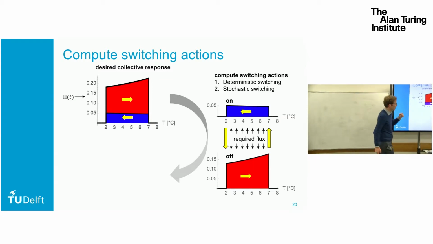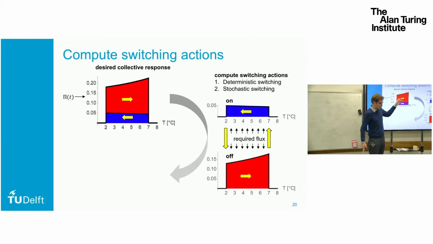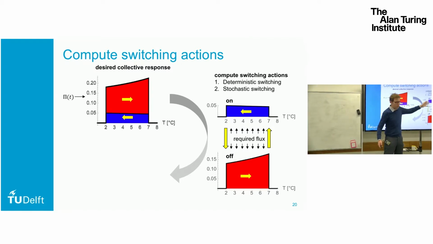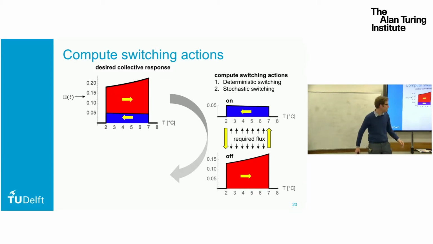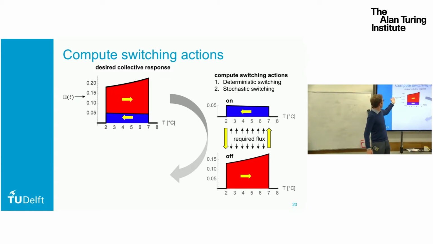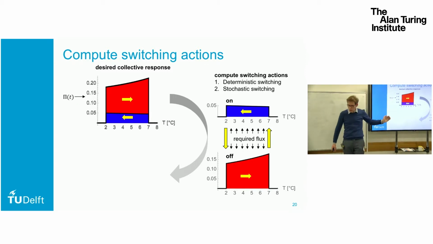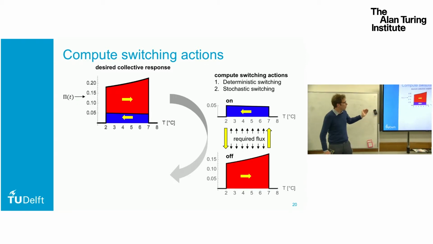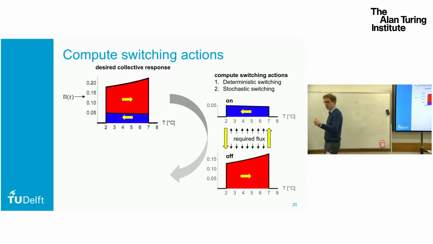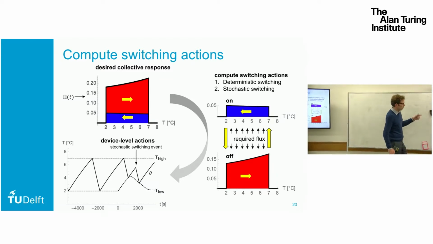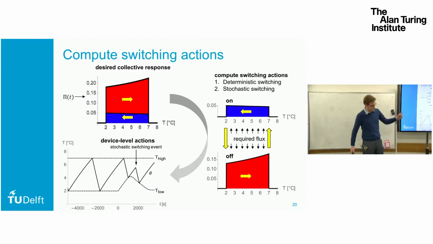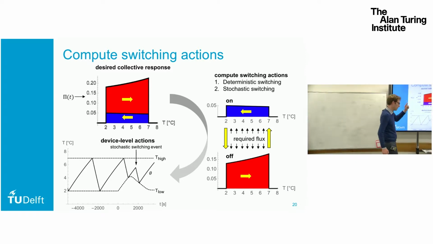And then, because I know this distribution of on and off fridges, and I know how they change over time, because I compute this from this desired power consumption, I can compute the required flux, right? So how many fridges are supposed to be switching from on to off and from off to on? Once I know that, I'm nearly there, because then I can say, well, actually, this particular